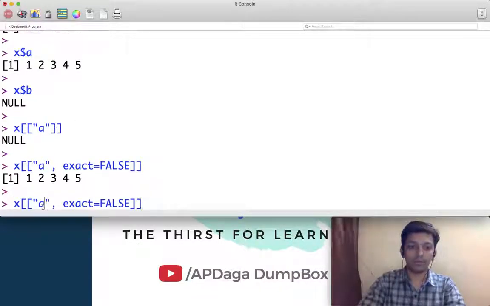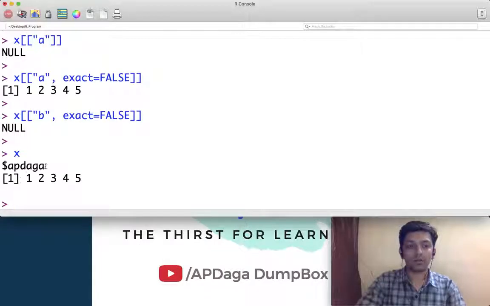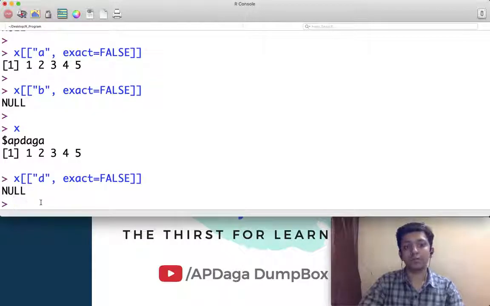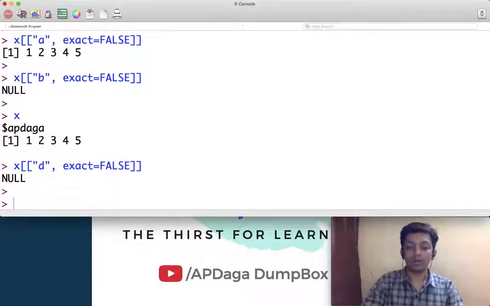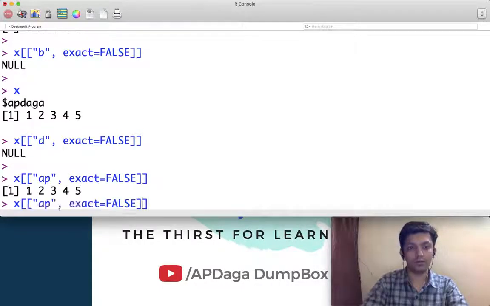If I pass the value B, it should not give me any value because B is not even matching partially with this. Let's try to write D here. It is also not giving me any output. Whenever we say partial matching, it will start checking from the beginning. So if I write AP, it is working.